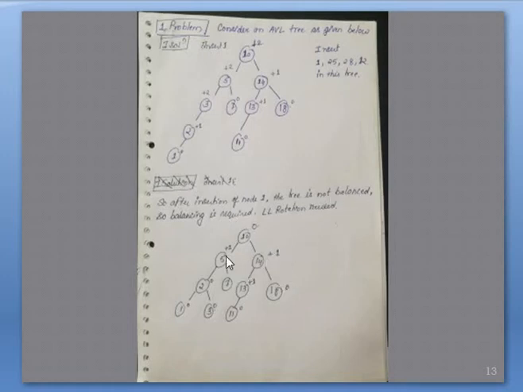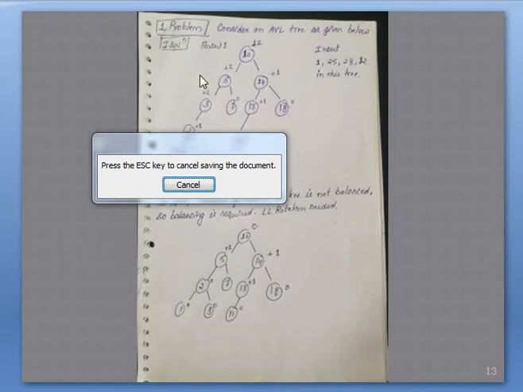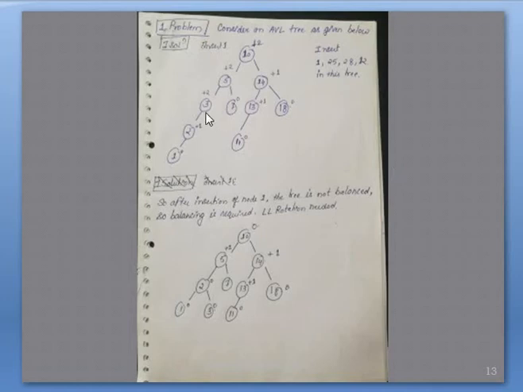What type of rotation are we doing? We are going for the LL rotation. The balancing factor should be -1, 0 or +1, it should lie between. Here the balancing factors get violated, so we need to readjust and rebalance. The rebalance is like this. The 2 will come here in the LL rotation that we are performing. After performing the LL rotation, we got the tree like this.